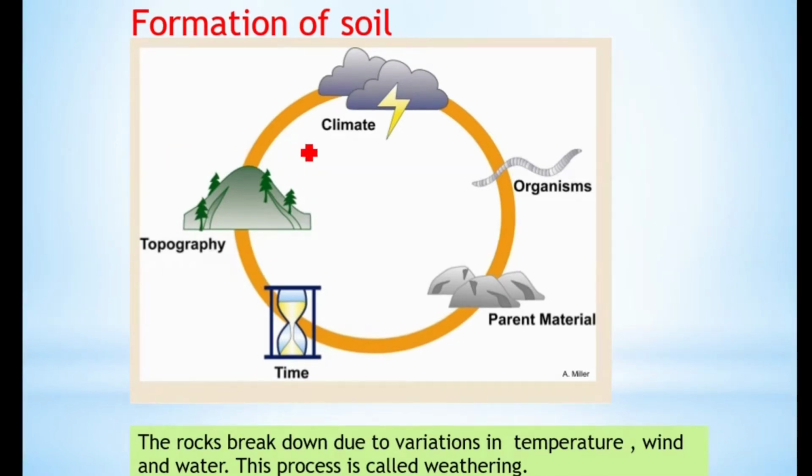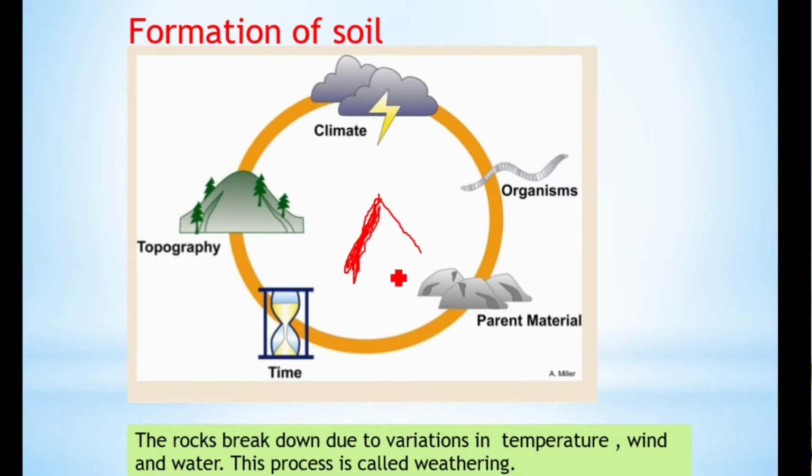See how topography affects the formation of soil. Topography is the physical characteristic of an area of land, the position of its rivers, mountains. Now how does it affect? Well, topography has a strong influence on soil development. Soil on the side of the hills tends to be shallow, right? If I make a mountain-like structure over here, the soil on the side of the hill will have a different texture. The soil would be shallow.